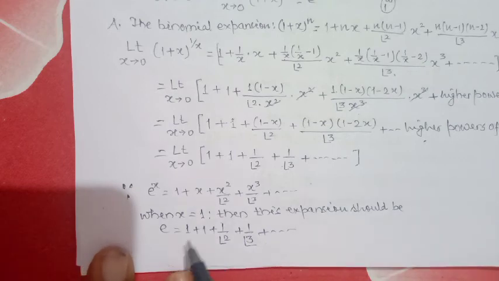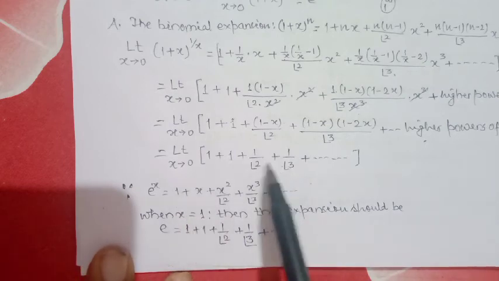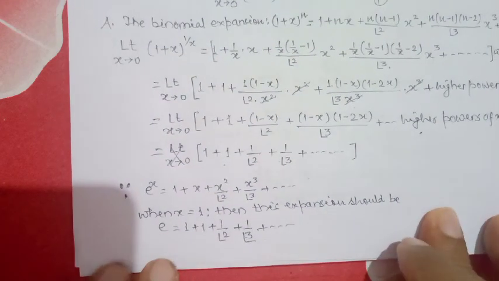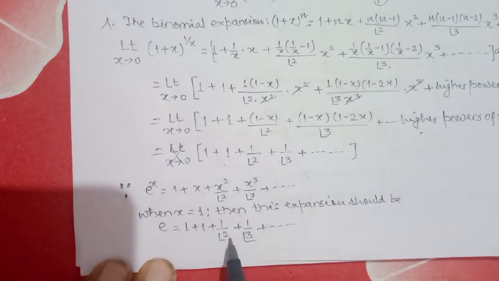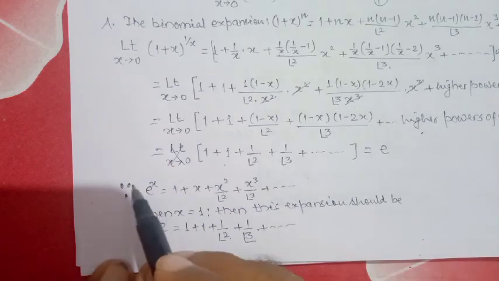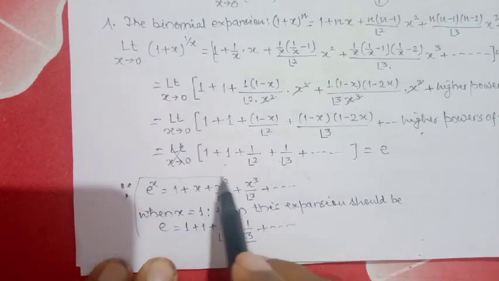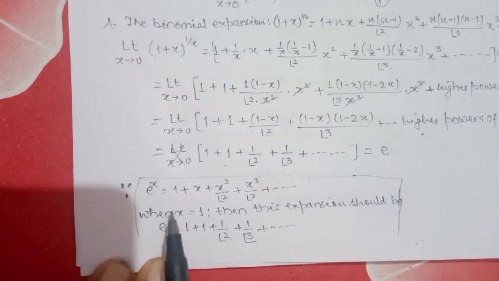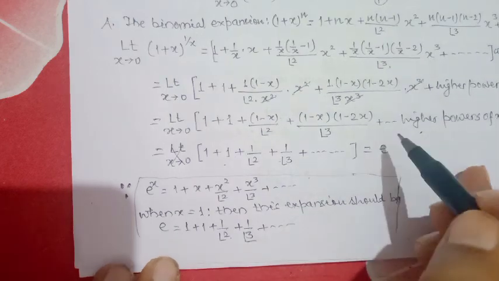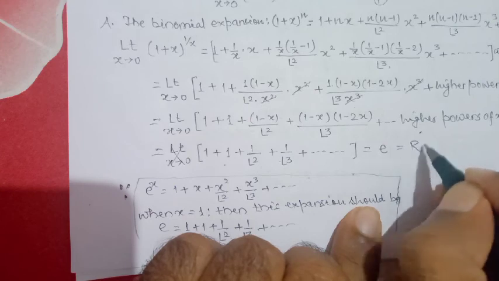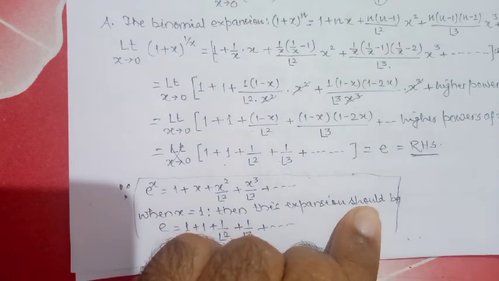So see, x tends to 0, we have already applied the limit here, so no need to write it here first. Then this is identical to this one, so its value is e. Actually this is not part of your problem, this is just for your understanding, to see how it becomes e. In this way we will prove the result e, which is your RHS. So children, in this way we prove the result.